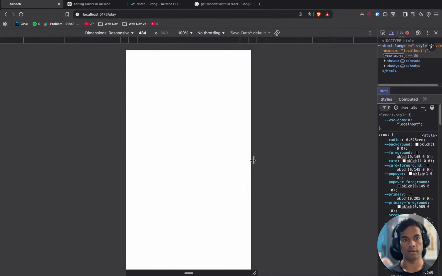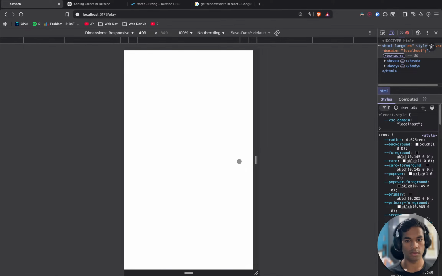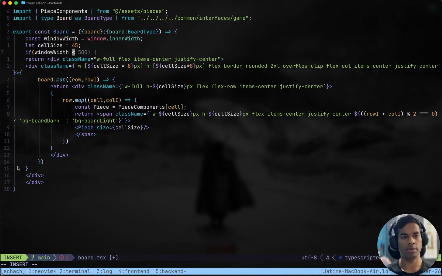This is 400 pixels. At about 500 pixels like this, we would like the board to take up about 90% of the size.